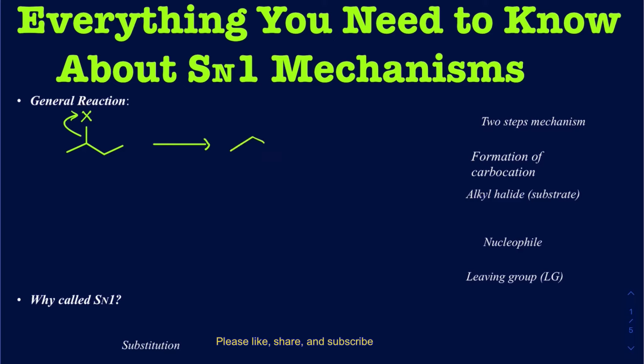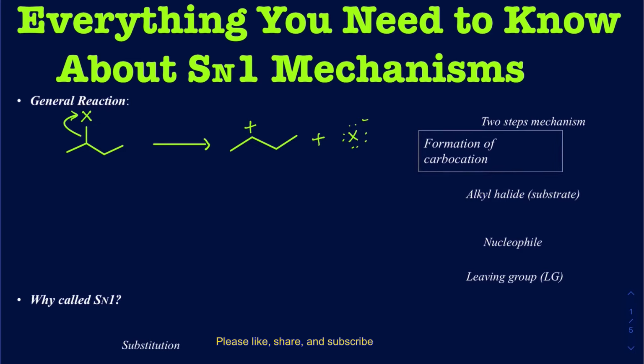And when the leaving group leaves, you're going to be making a carbocation. And obviously, there is going to be a halogen close by, so your charges are still conserved there. This particular step is going to be the formation of the carbocation. Usually the formation of the carbocation is the first step, unless you're dealing with an alcohol, then you may have to protonate it before you can make a good leaving group. But when we're talking about alkyl halides, it's going to be loss of the leaving group, making it a carbocation,